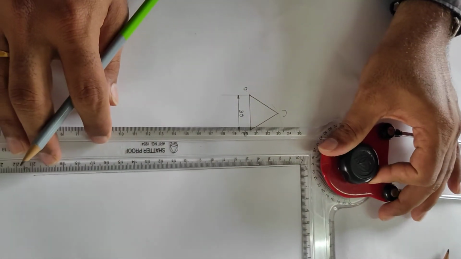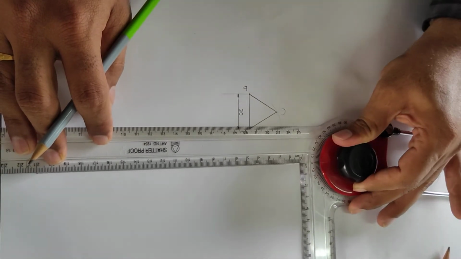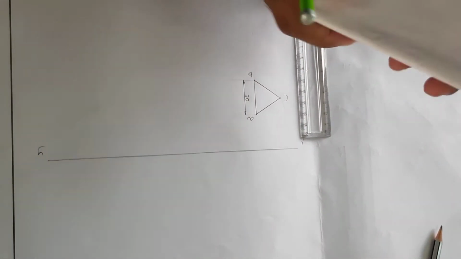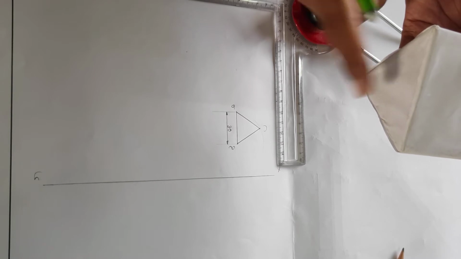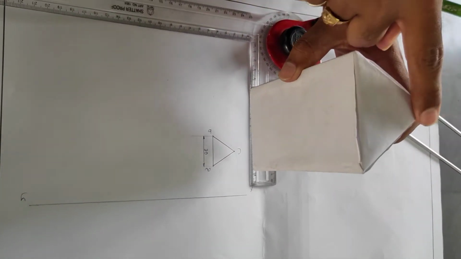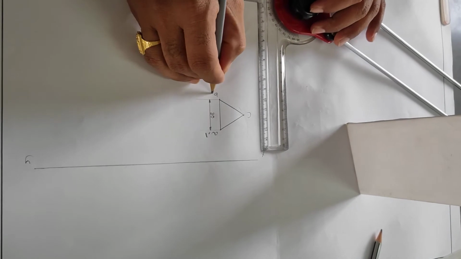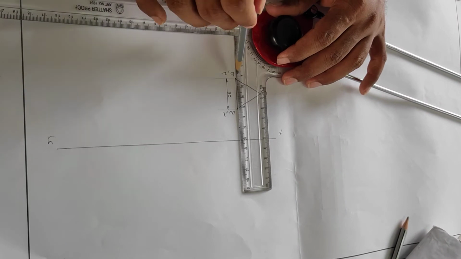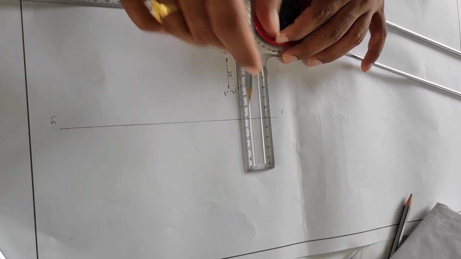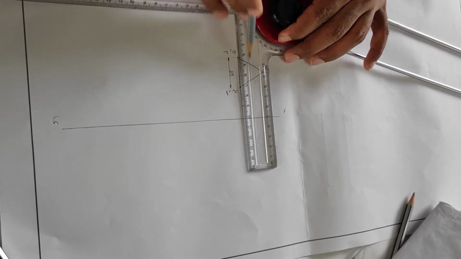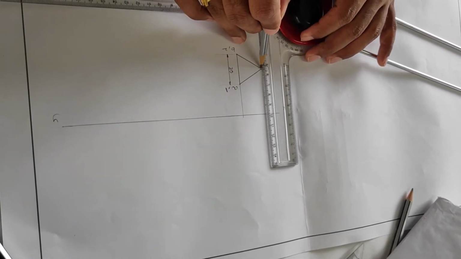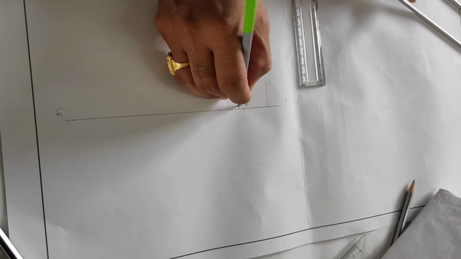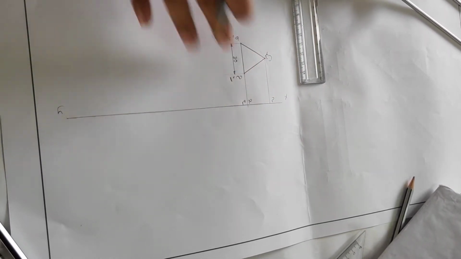Now set your drafter to the reference line XY. Draw the projector lines. Before drawing the projector lines, A, B, C is the base. So top face 1, 2, 3. So A comma 1, B comma 2, C comma 3. Now set your drafter to this reference line. Draw the projector lines perpendicular to the reference line XY. Now this is A dash comma B dash. Now this is C dash because this is the bottom base.